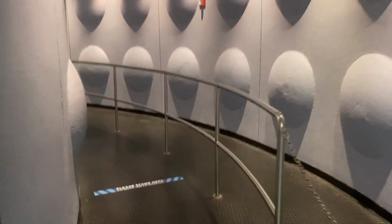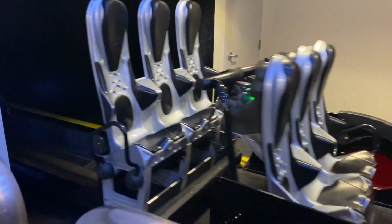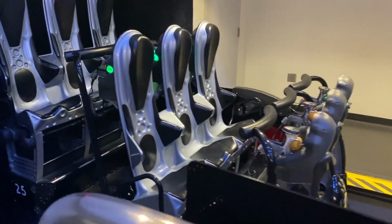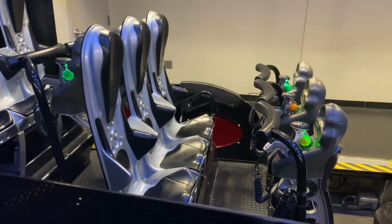There's 2 different tracks, so you could see different things each time. It usually has a pretty manageable wait time. Right now it's 15 minutes. It usually doesn't get up too long. However, it does have single rider where your parties will be split up, or Express Pass if that line looks